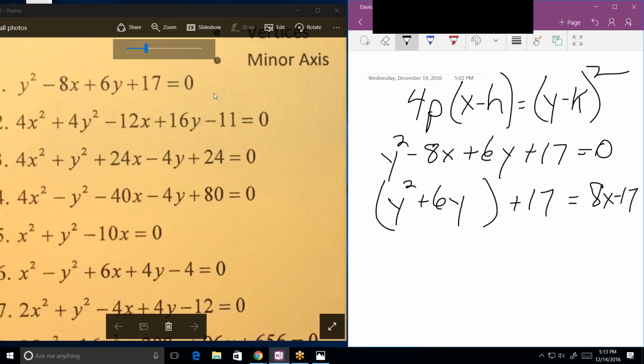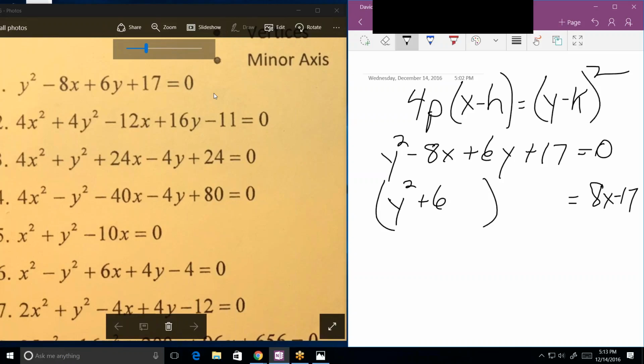We can do that to both sides, as long as I don't change it. In other words, my goal is to never change the original equation. Is this the same as the equation they gave us? Yeah, it's exactly the same. So all I've done is move 2 terms to the other side. Now complete the square